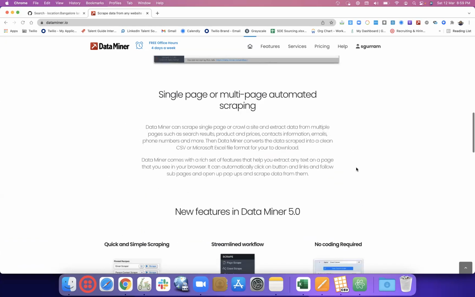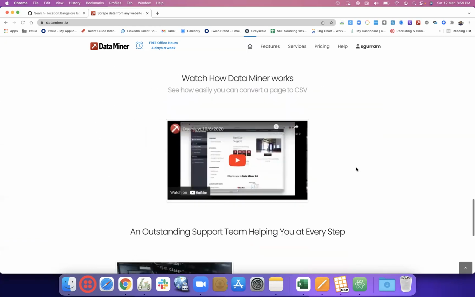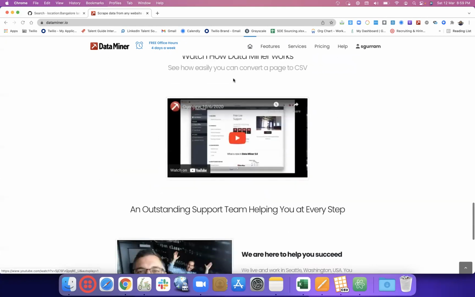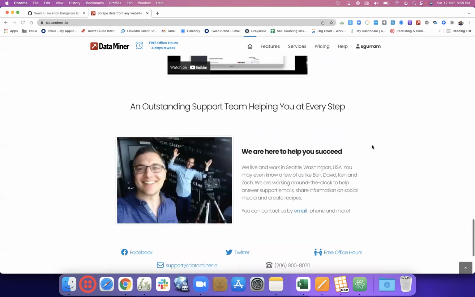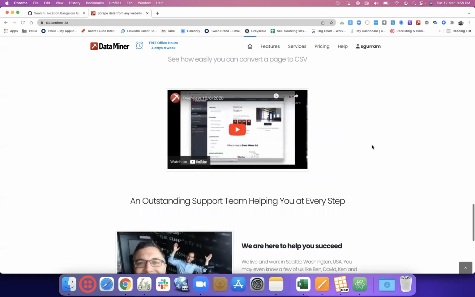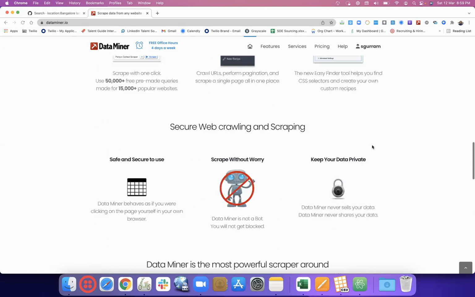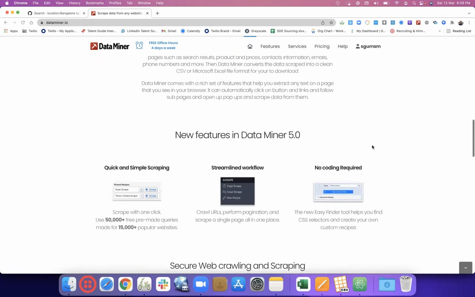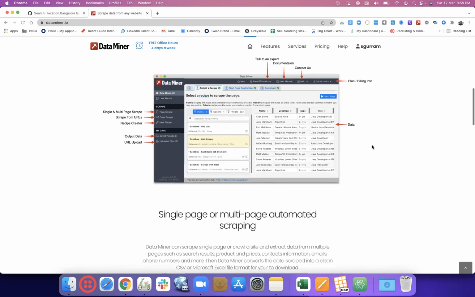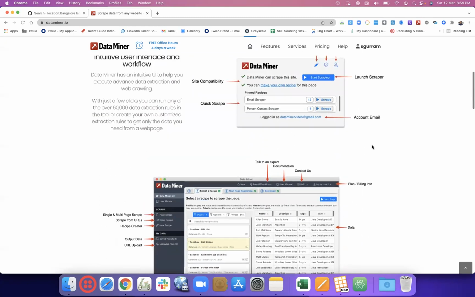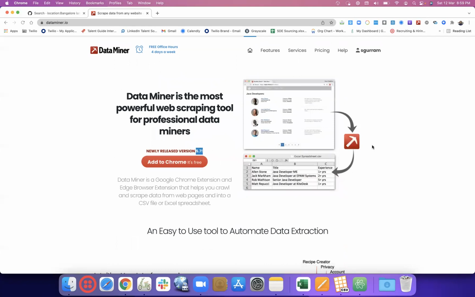If you go through this website, you have all the details and videos that explain how to use the data miner. We must be covering a few terms which might help you when using the latest version of Data Miner, but otherwise, let's go with the old version.